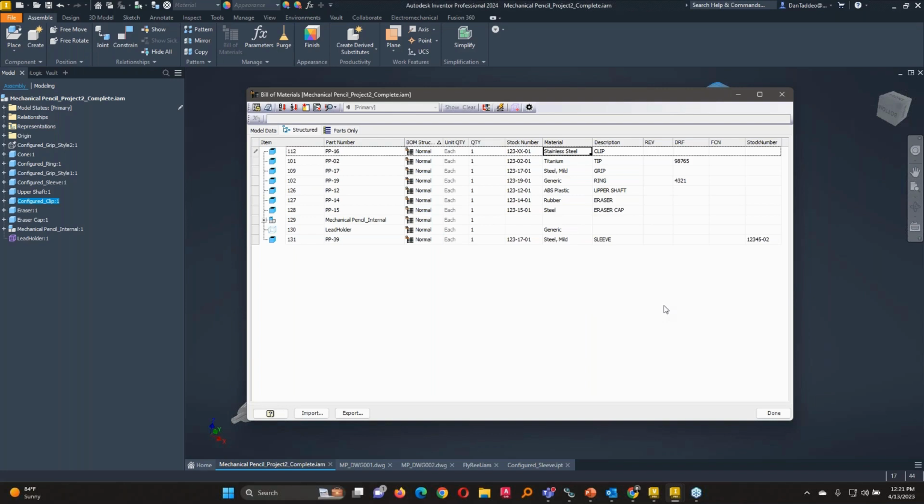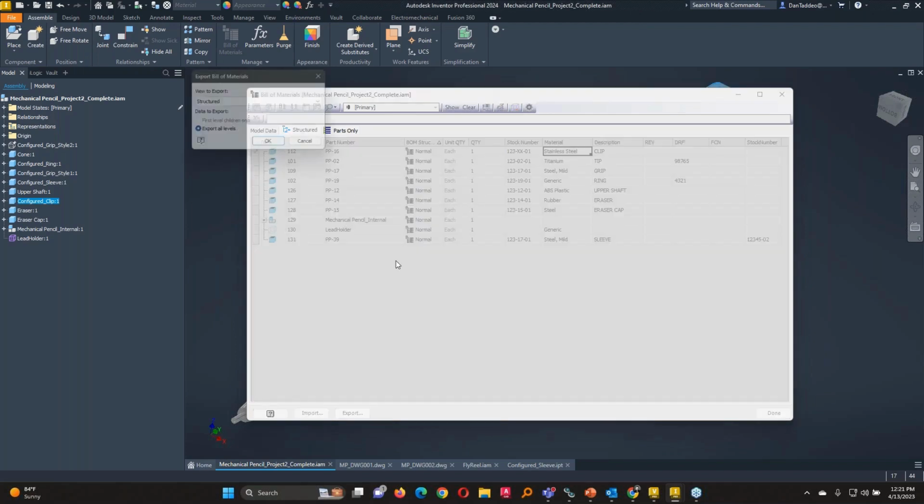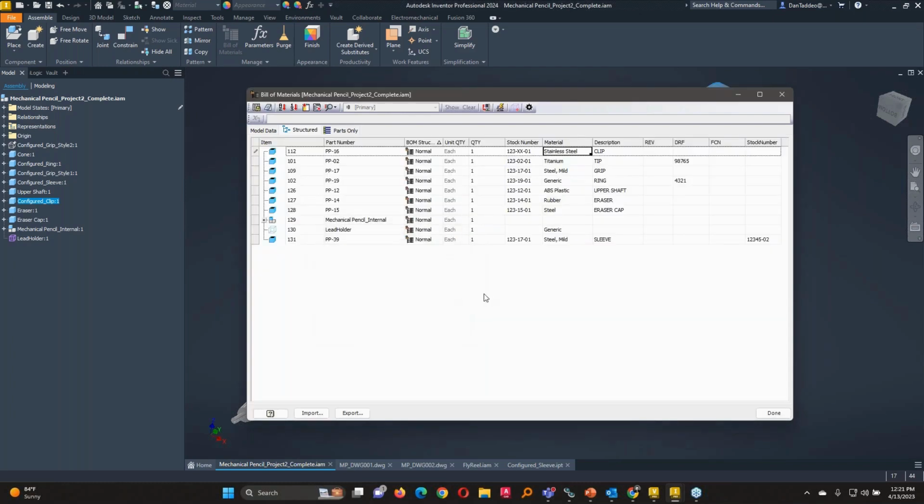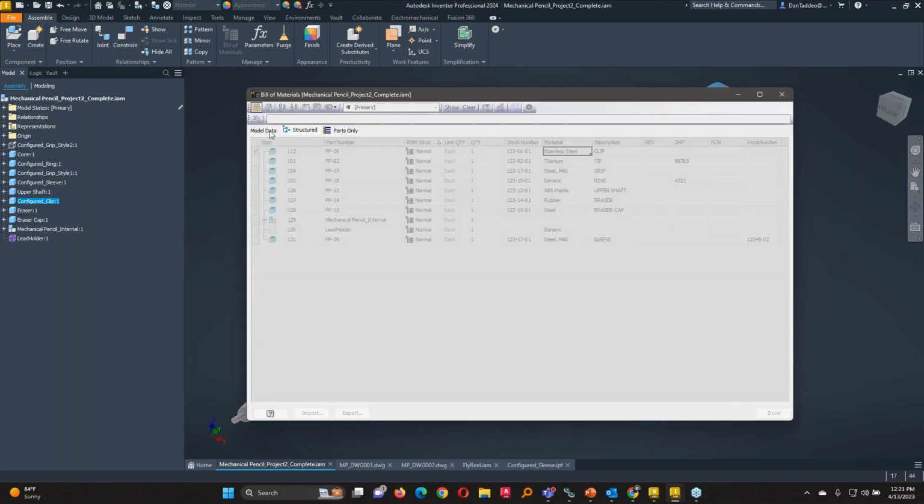Now, other things that we can do within the dialog is to export. There's 2 levels of exports, and I have no idea why there's a difference between these. But there's an export button down here. This is limiting to a single format, whereas this one here, which I push this button here that looks like the bill of materials in the background and a yellow floppy disk here. I'll exit out of that. There it is. All right. So if I click on that,